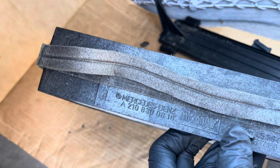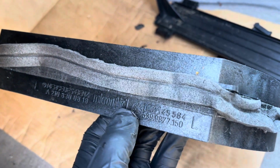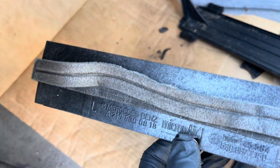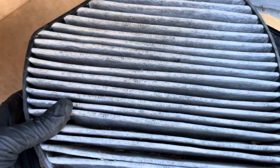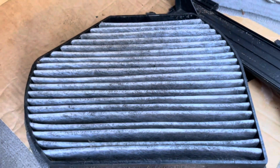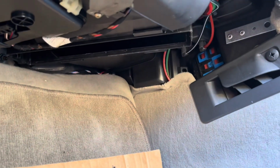but as you can see, this is another Mercedes-Benz part, and in fact it looks like the OE part for this is a Valeo, but that's the Mercedes part number. So yeah, I don't know when this was last changed without looking at the records, but it's well due a change. And the installation is simply the reversal of the removal,